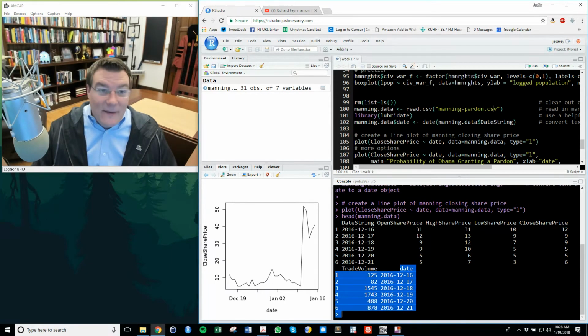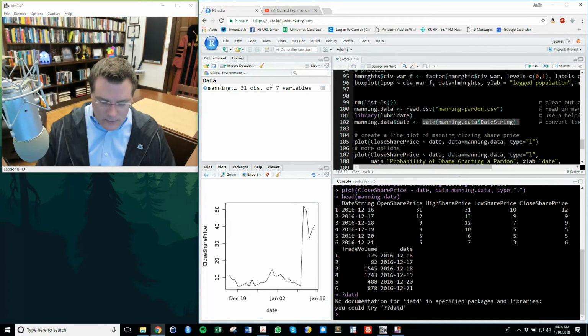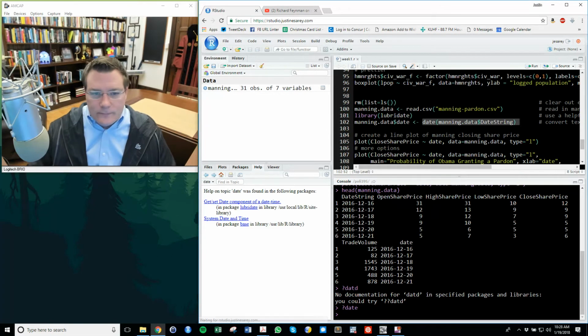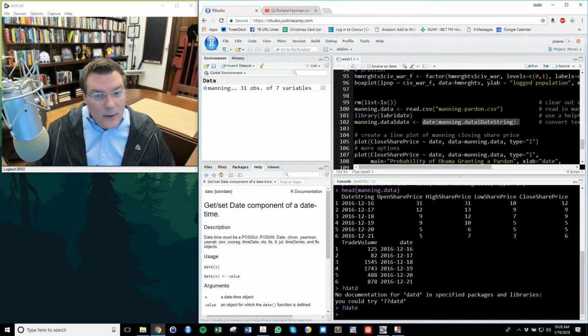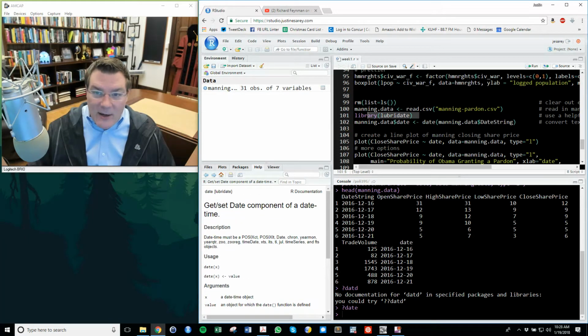Well, I created that, right? So I made that using this lubridate library. And the reason I made this, you can see I'm adding a variable to the Manning.data dataset. It's called date. That's separated with a $ sign. And I'm storing that object, this date function, which is just loading in the string. If you look at what the date function does, it's in the lubridate library. So if I click on this one, that's what I'm using. I had to load that library in order to use this function.